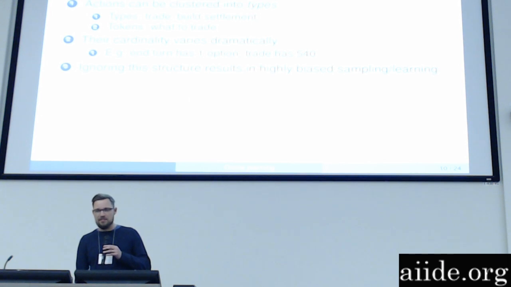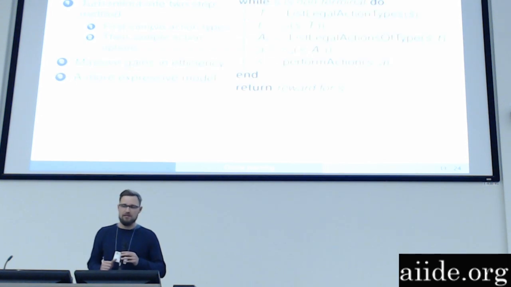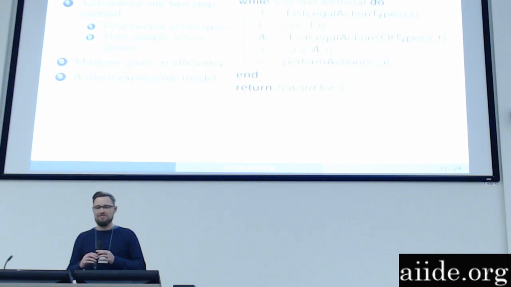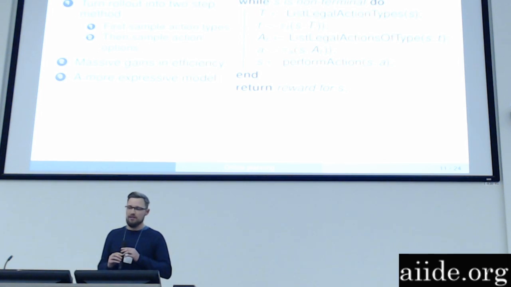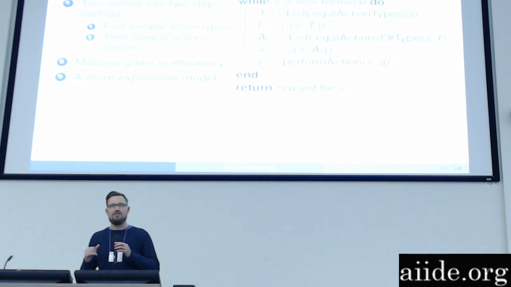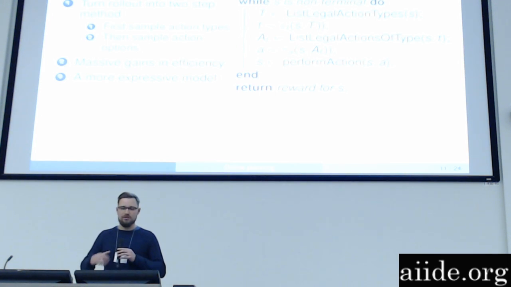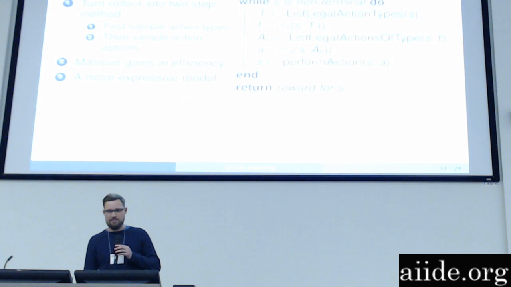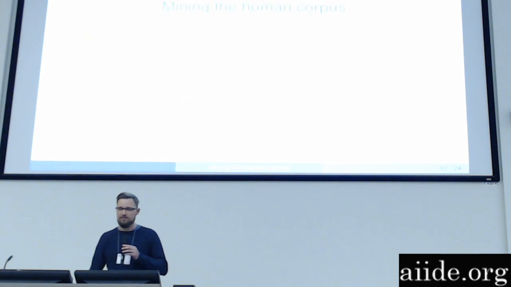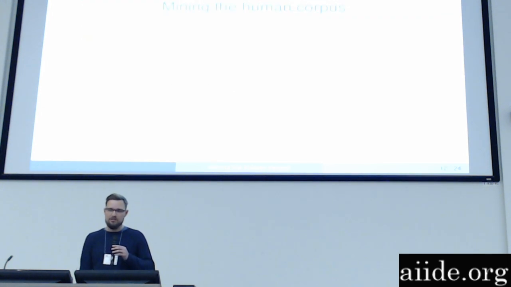To introduce this in MCTS, we can possibly do this easily in the rollout phase by just breaking the algorithm into a two-stage sampling process. First, we sample the action types, followed by sampling the action description, given the type that was chosen. And we can also learn the parameters of these new policies, and that will create a more expressive model. I'll show how we learn those parameters in the next